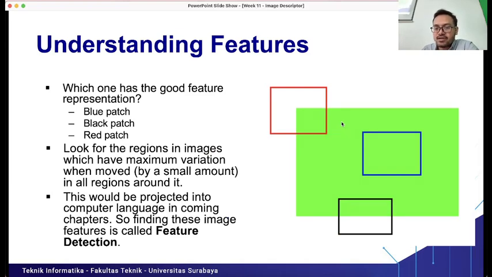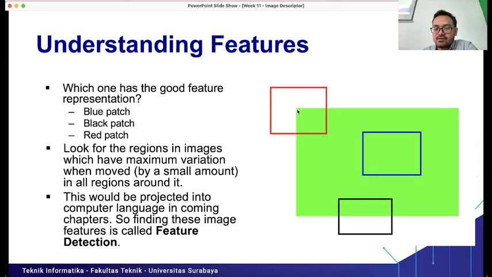If we have a very plain image like this, it's only the rectangle area that contains a green area inside that rectangle. I can say that the red rectangle will represent a good feature because it contains the corner, right?